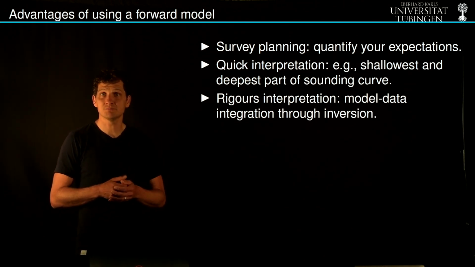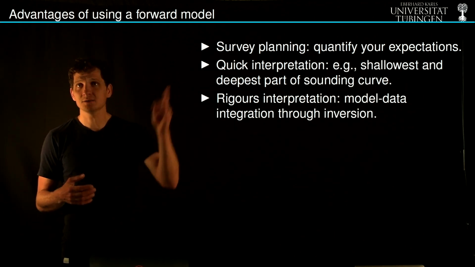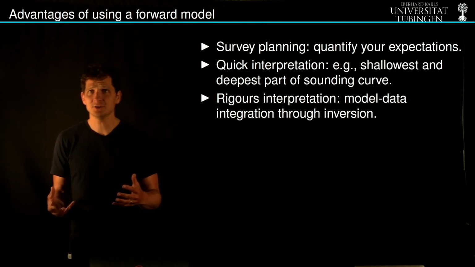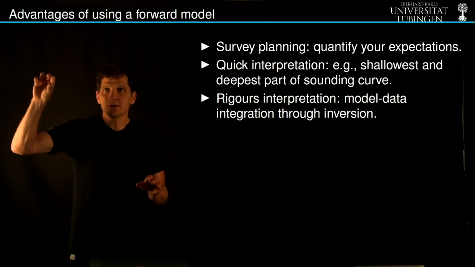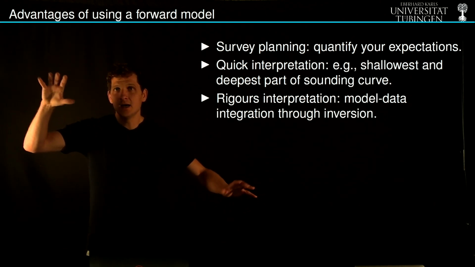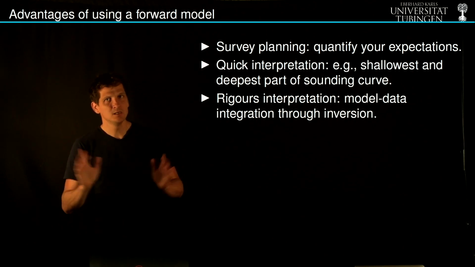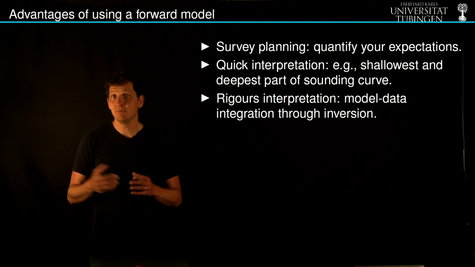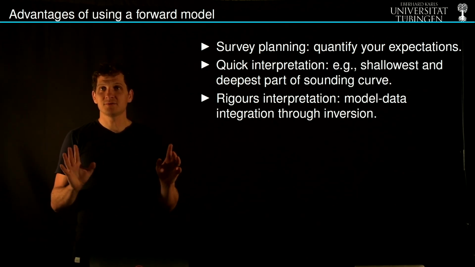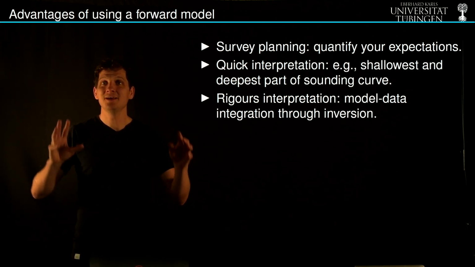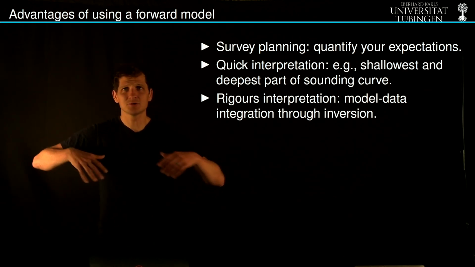Quantify your expectations, put some numbers to it. And the forward model, as demonstrated, also allows you to do some, let's say, quick interpretation in the field, yeah? We clearly saw that the short end and the tails are very indicative of the deepest and the shallowest layer. Yeah? Everything in between, gray area. But nevertheless, without a forward model, we wouldn't know that. Okay? But the most important part of this forward model is that it gives you a possibility for a very rigorous interpretation, some sort of model data